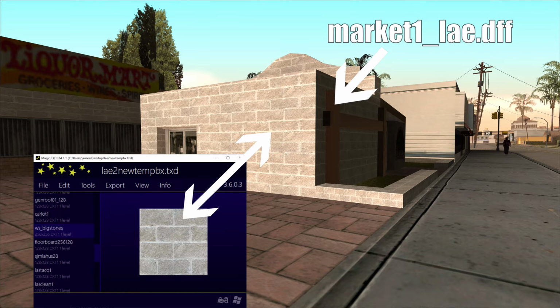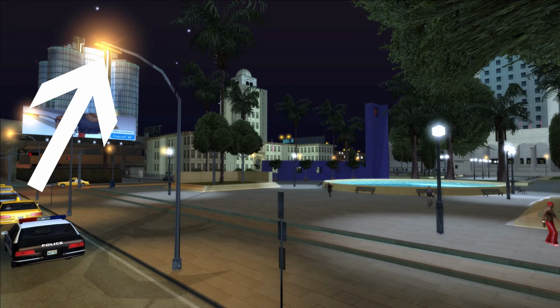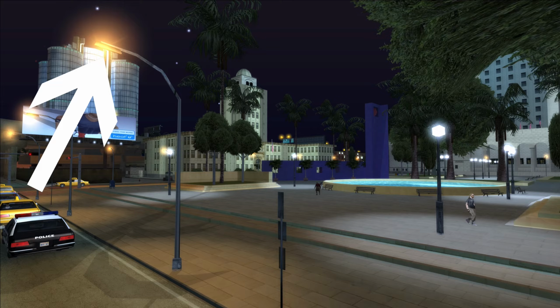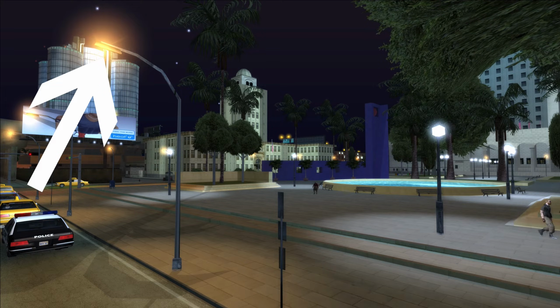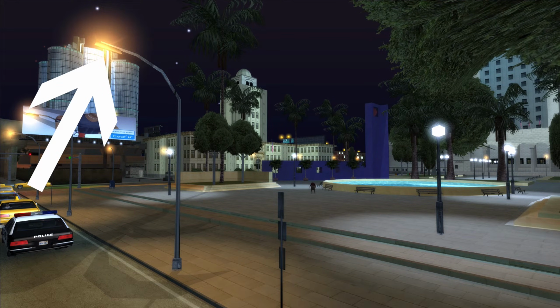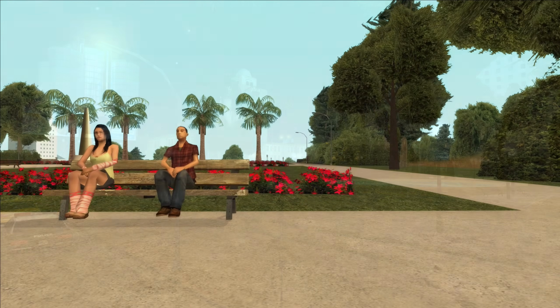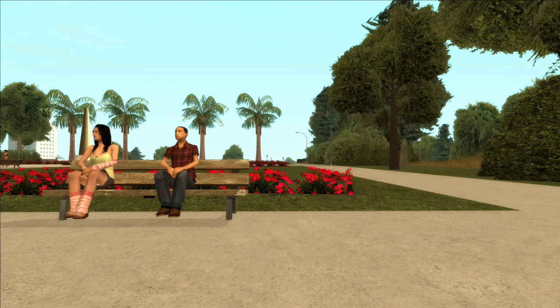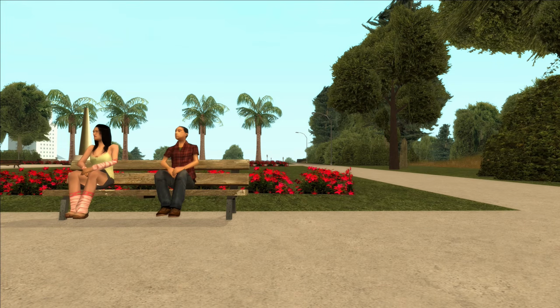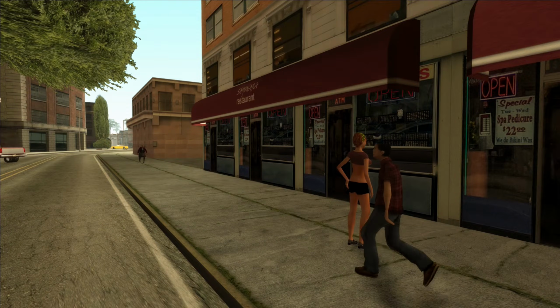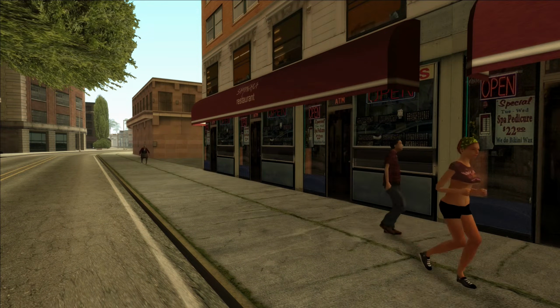Here's the major ones. .dff files contain the data for 2D FX attached to the specific model. This is mostly used for lights, also known as coronas, but it can also be used for other effects that are attached to models. .dff files contain the data for PED attractors. These are used to make NPCs interact with models, such as making NPCs sit on a bench or make them look into the window of a shop.